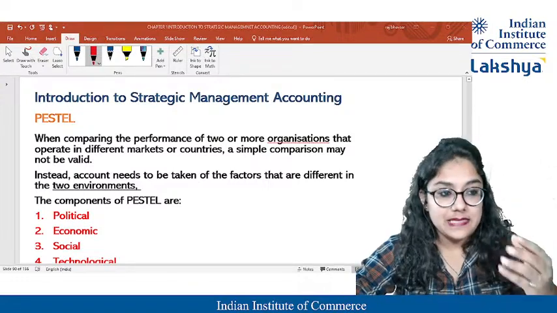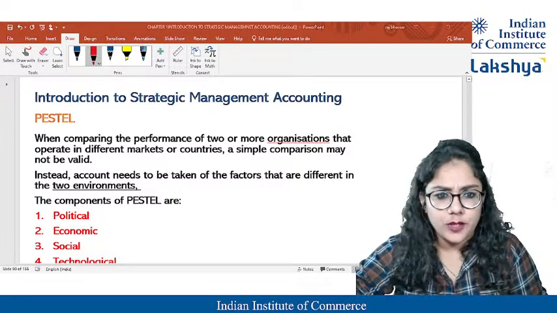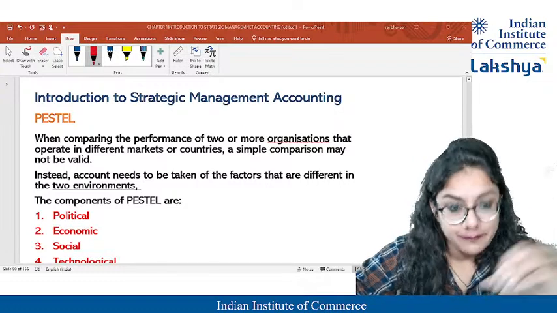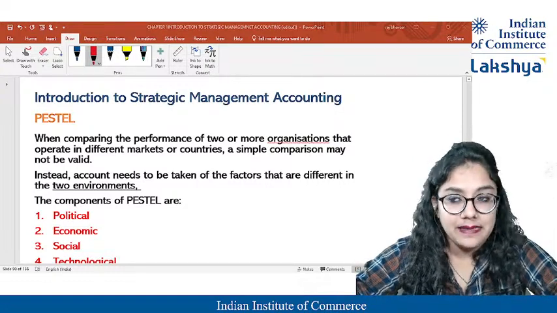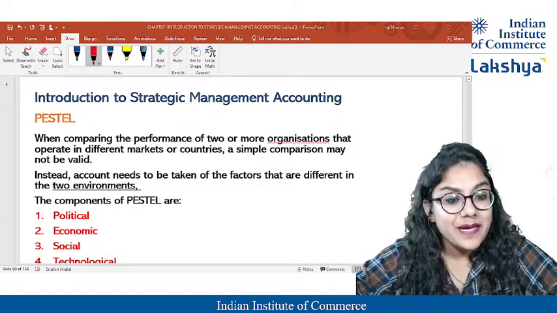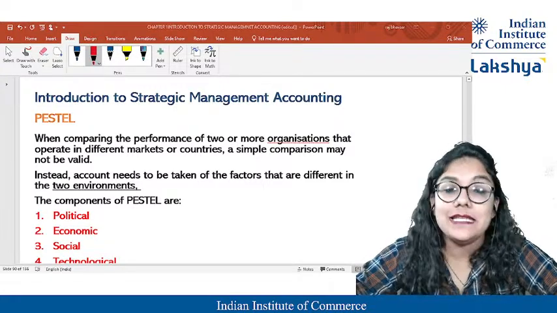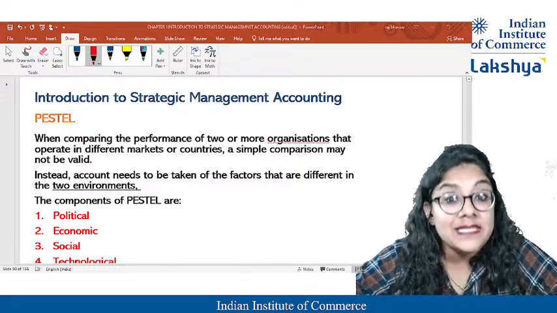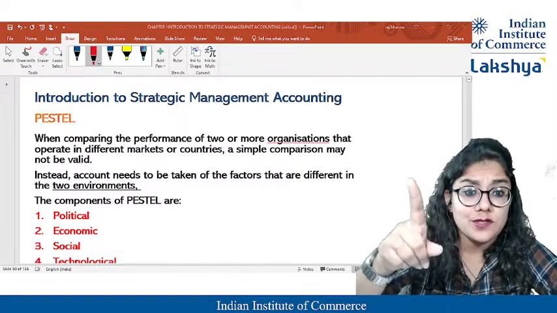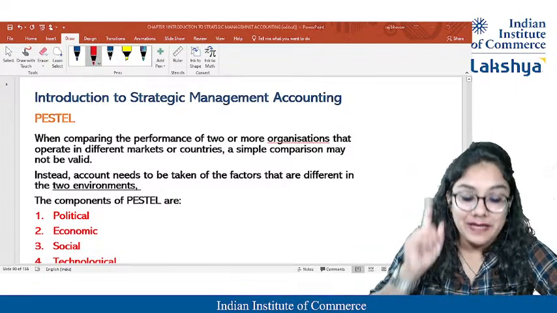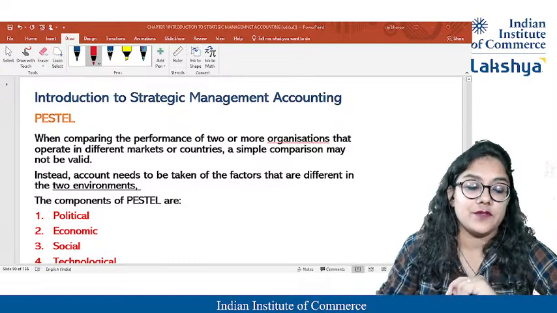For example, if I'm setting up a factory which is producing a lot of plastic stuff, I think, yeah, I'm getting benefits, I'm getting profits. But we know in the country plastic is banned. So what am I doing? I am violating the rules and regulations of the environment also, which means in the near future you will be penalized. The company will be out of scope.